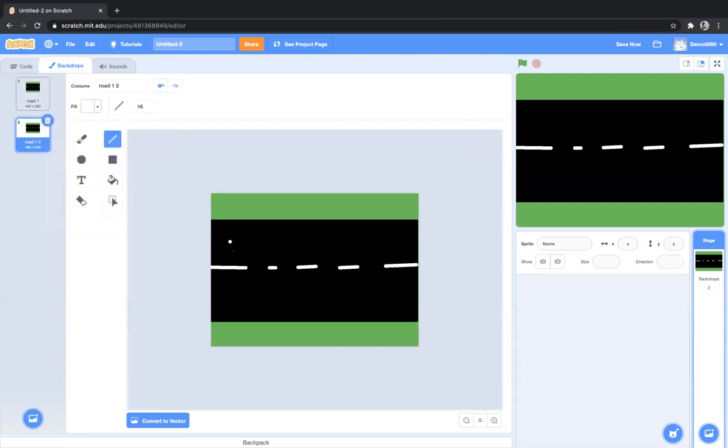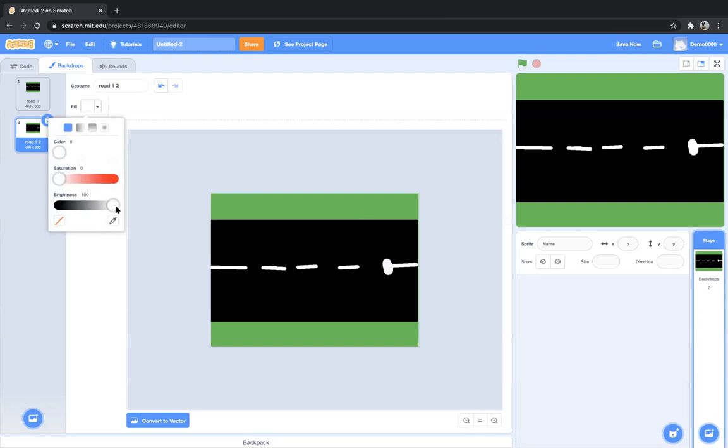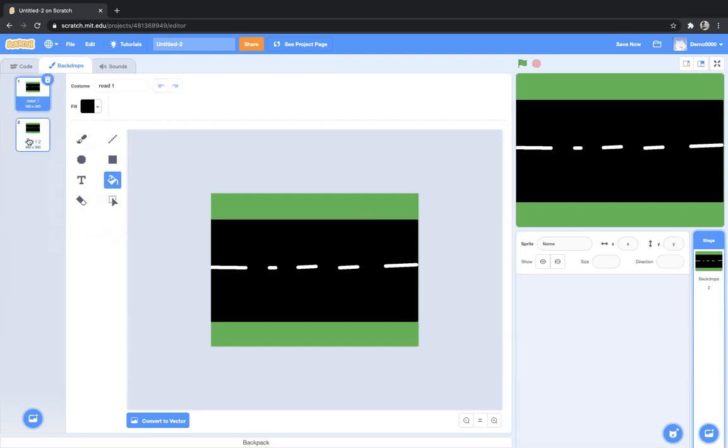Okay, and then what I'll do is I'll just change a bit of road here. So let's say, make it a bit bigger from here. Okay, and then maybe take an eraser and erase this part from here. And then what I could do is take a black color, go to bucket, take a black color again, and fill this black color here. Okay, so both the roads are a bit different.